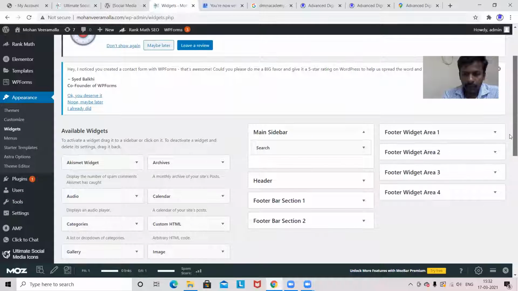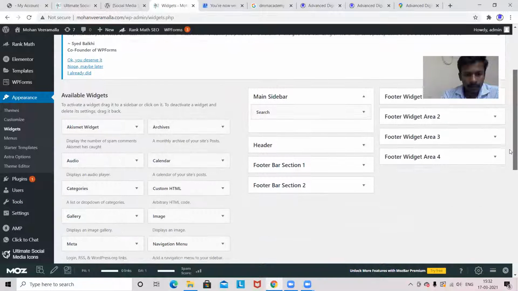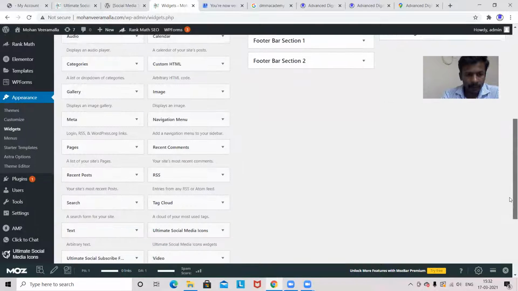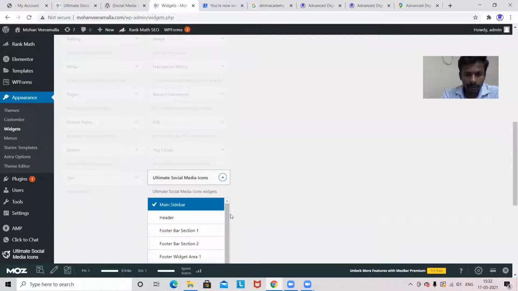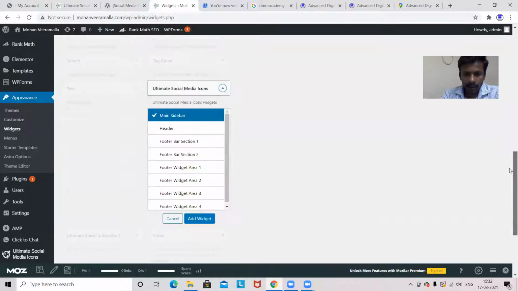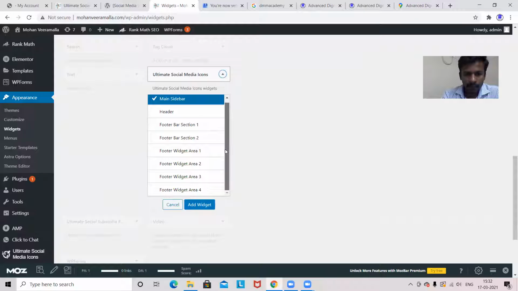So here in the footer, where is this ultimate social media? Yes, this is the thing. So I'll add it into the footer. We want it in footer 3, so I'll select this footer 3.